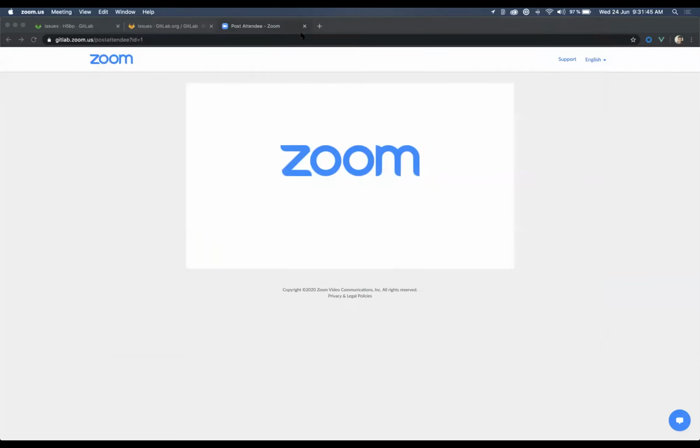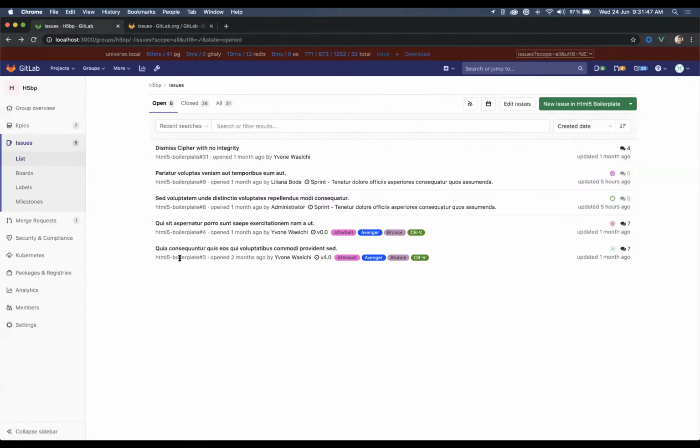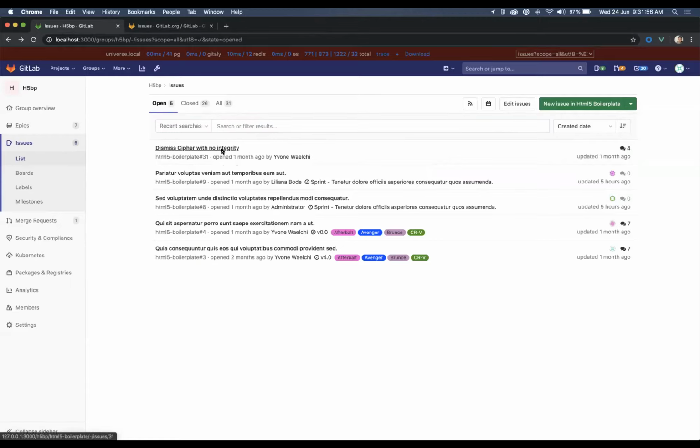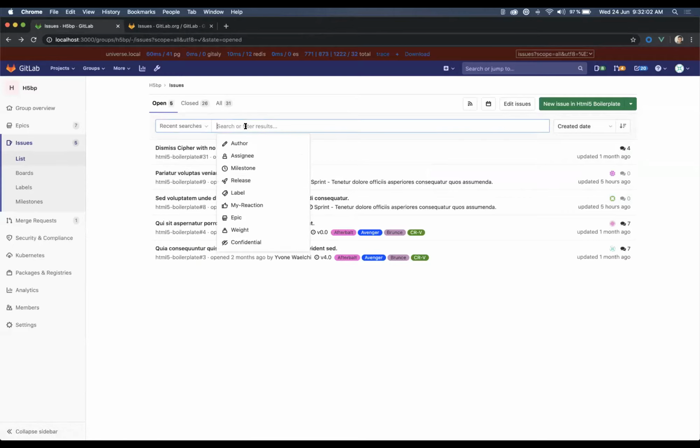Hello, guys. So I'm going to do two demos. I'm going to show two things that are closely related. So the first thing is a bit of dogfooding. This is the new issuable list made in Vue. It doesn't look that different, I know, but one of the cool things is that we added